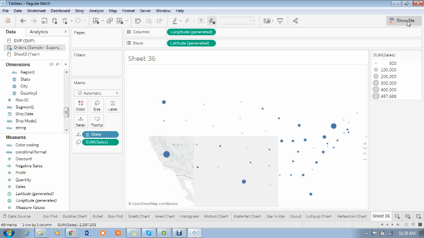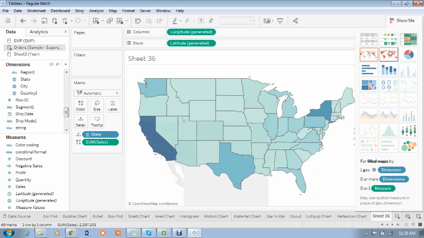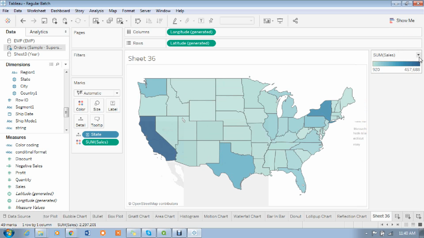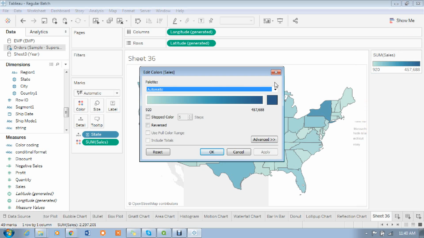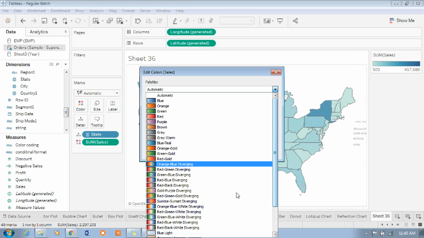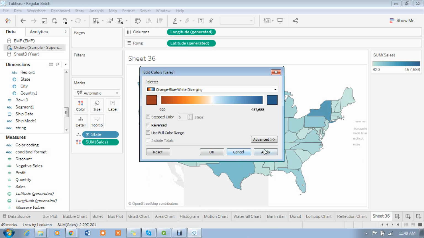Or we can go for another map also. It is simple, very easy, it can come actually, madam. Sorry, it is a filled map, madam. The earlier one is a dotted symbol map actually. In the filled map, there are states, right? This is Washington, madam, within the US. Simply you can see all the states with some color. If you want to, you can change the colors also. Normally we regularly use this one.